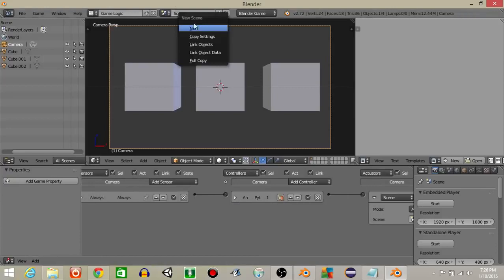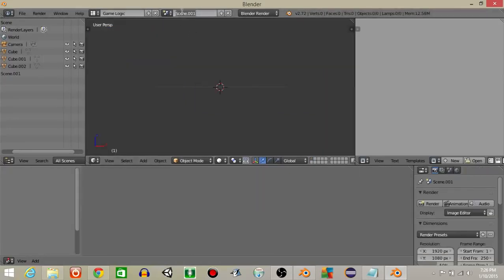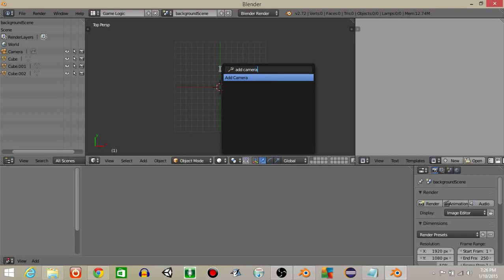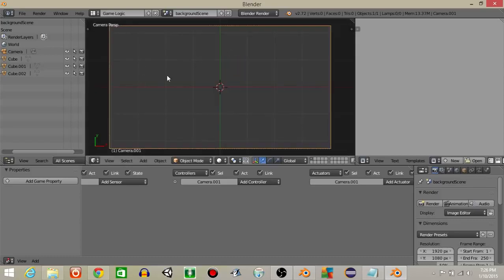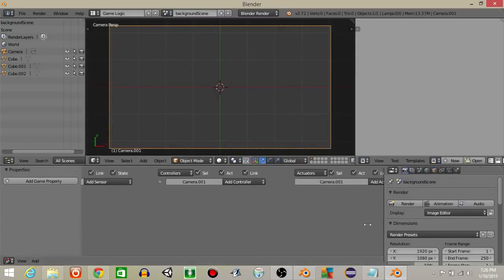Hit the plus sign to create a new scene, hit new. I'm just naming this background scene, like this. Hit 7 to go in the top view and do spacebar and then add a camera. I'm going to drag this camera up just a little bit. I'm going to hit Shift and C, and I'm going to bring that crosshair back to the middle. And now if we hit 0 to go into our camera view,